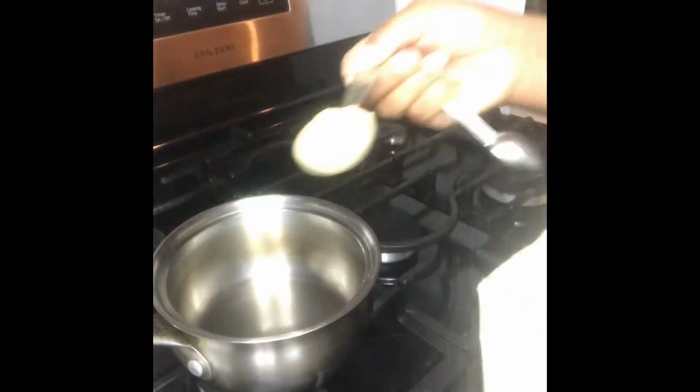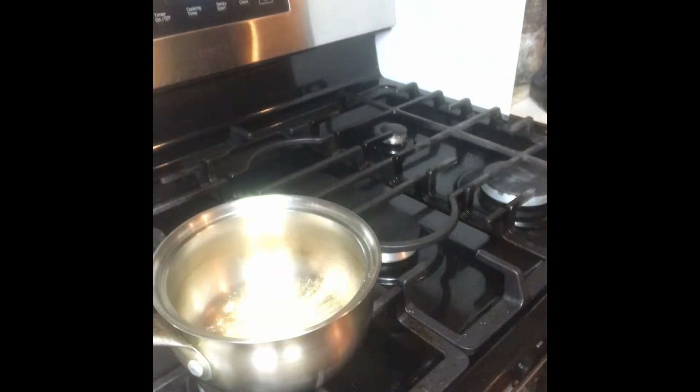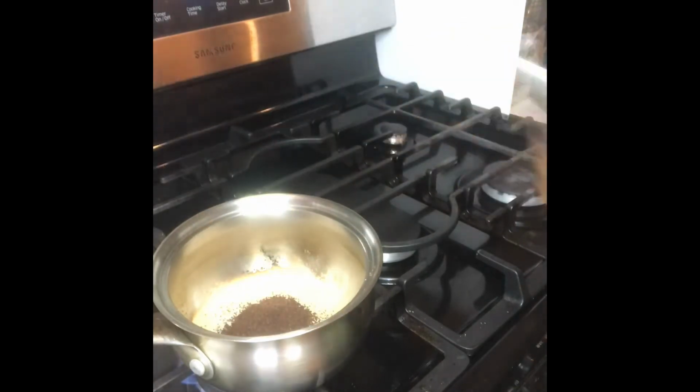So these are pictures of my mom's hair journey from day 1 to 1 month of using rice water with green tea along with this oil blend. And to make this oil blend, you're going to take 1 tablespoon of amla powder along with 2 tablespoons of ground coffee. You're going to put that into a pot and stir it around just to help to release some